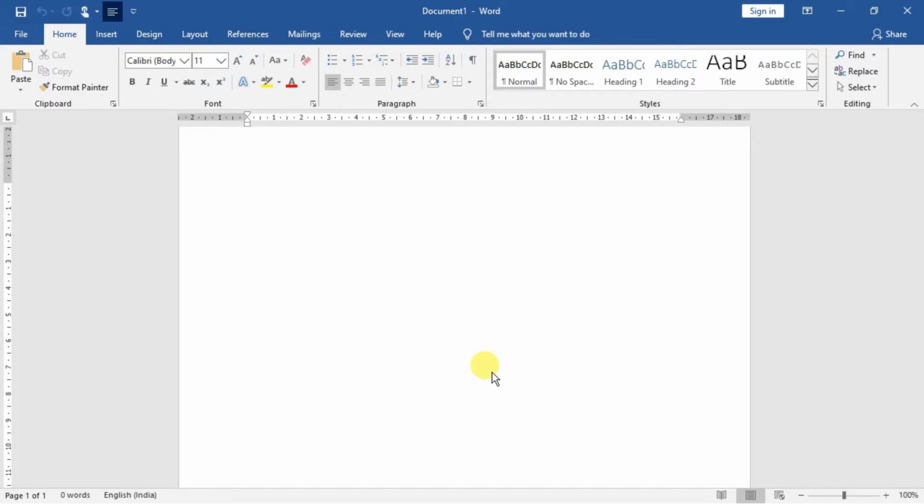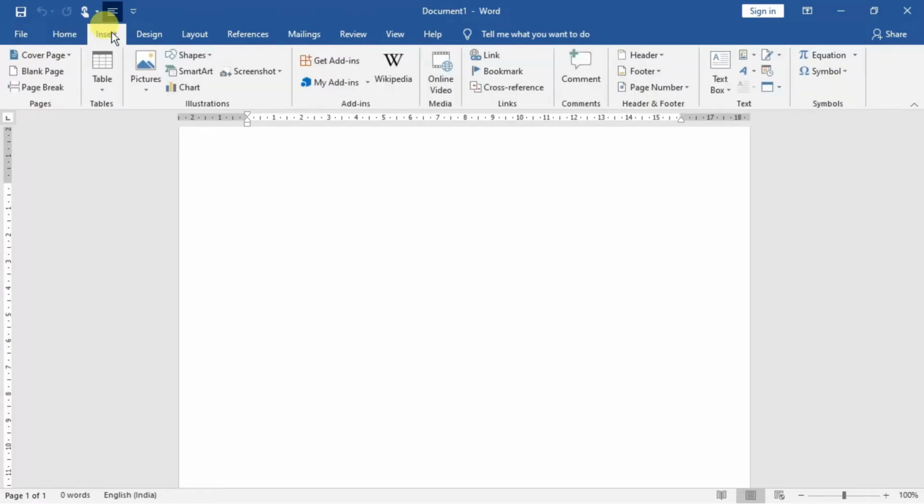Well, students, we're discussing the practical steps of inserting shapes, symbols and special characters in Microsoft Word. Shapes you can see out here. Go to the Insert tab first of all. There are many shapes available, like lines, basic shapes, block arrows, equation shapes, flow chart, stars, banners, callouts